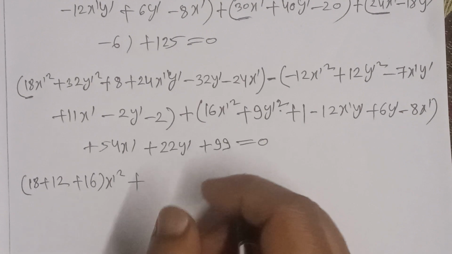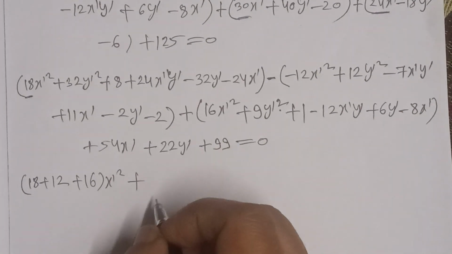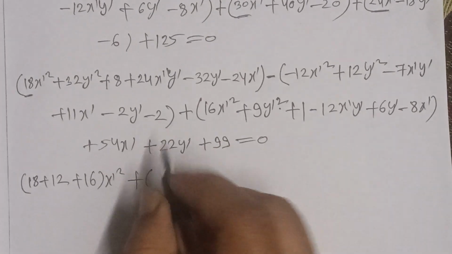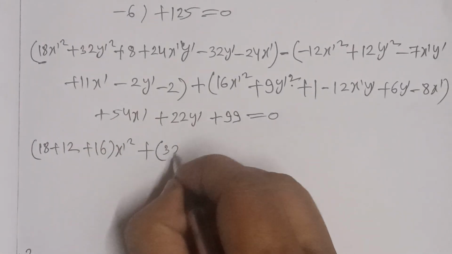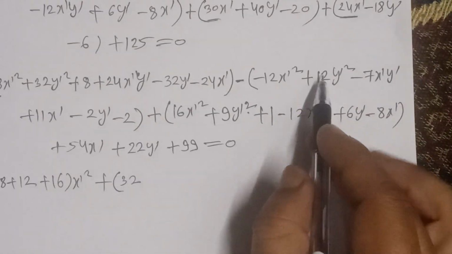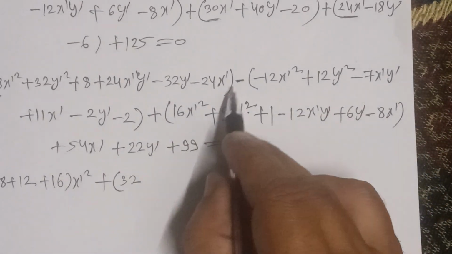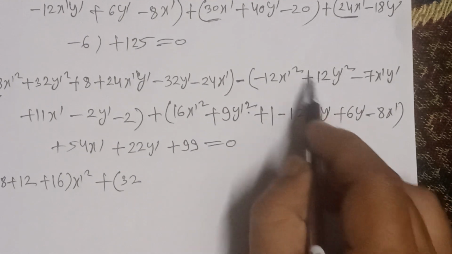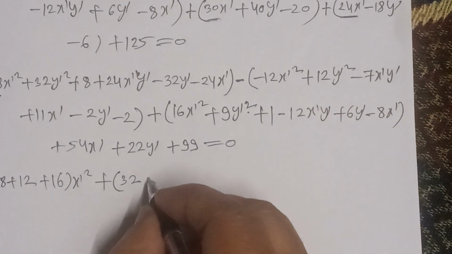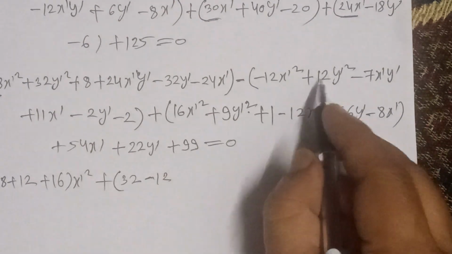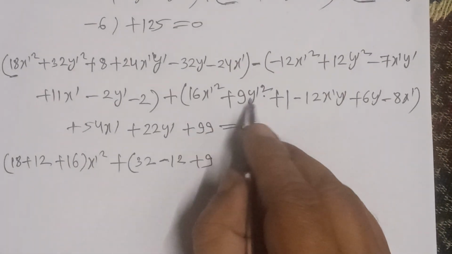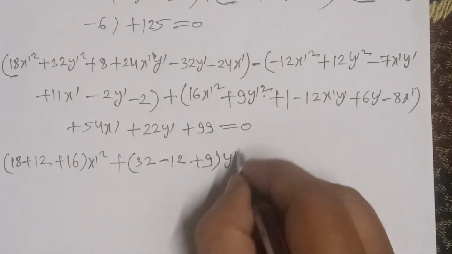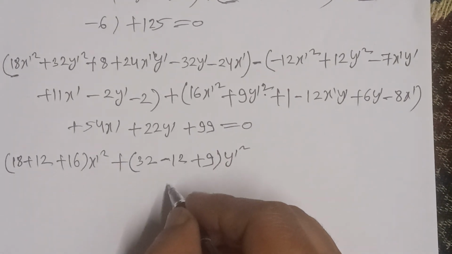Now the coefficient of y dash square. The coefficient of y dash square is 32 here, and on opening this bracket, this minus sign converts the plus y to minus, we get minus 12 here, and plus 9 also here. These are the coefficients of y dash square. After solving it